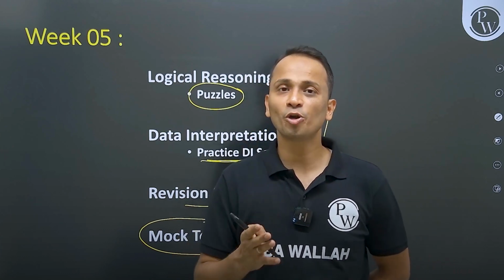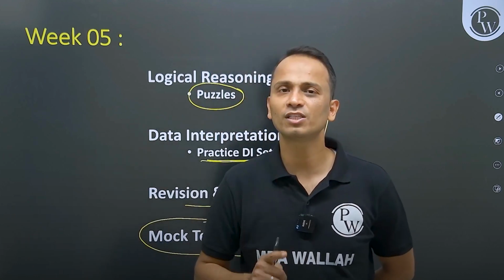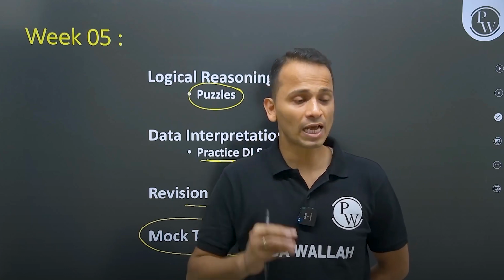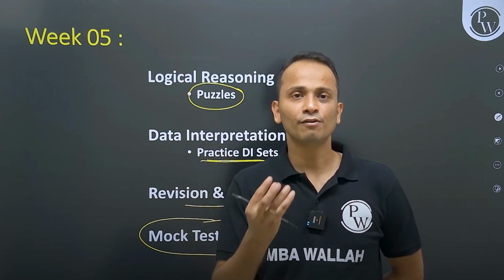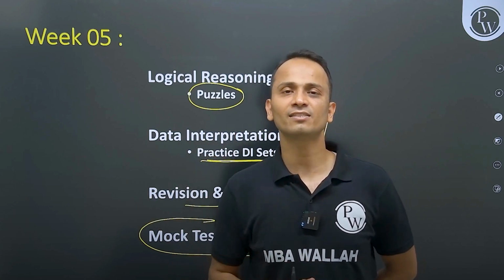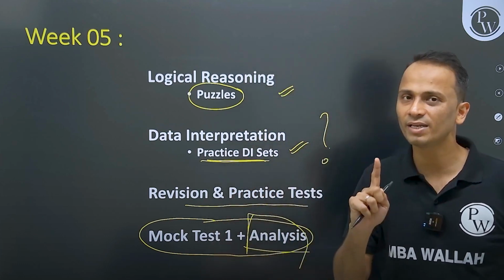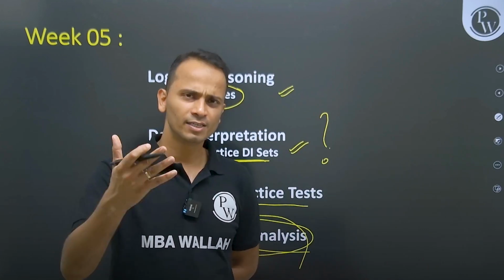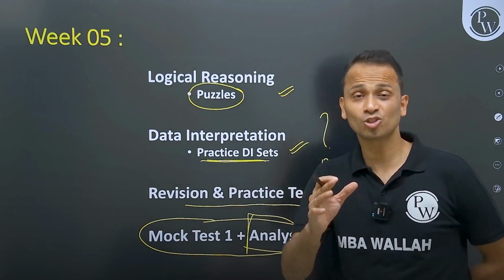The target should not be, if there are 4 sets in mock 1, I'll solve all the 4 sets. No, give yourself a target to solve one set, only one set. I'm not asking you to read only one set. I'm asking you to read all the sets, and then find out which of these sets is easy to handle and finish that set. Just one complete set. In those 40 minutes, you just have to handle one complete set. That's it. If all the 4 or 5 questions are correct, then you will be easily sitting at more than 70-75 percentile, in the actual CAT as well.